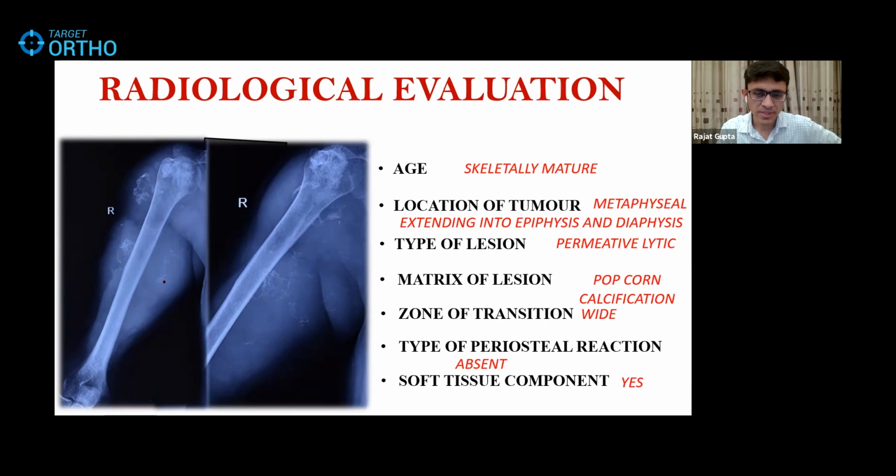So what could it be? Popcorn calcification is the hallmark of which kind of tumor? It's the hallmark of a chondroid tumor. So a malignant chondroid tumor is chondrosarcoma. Basically, once you keep practicing all these lesions again and again, keeping all these points in mind, you will remember, and many times you will be able to reach a diagnosis, or at least a close differential, if not the exact diagnosis.